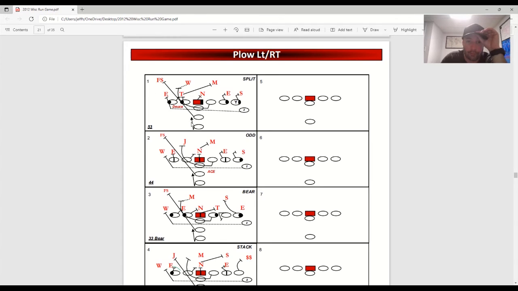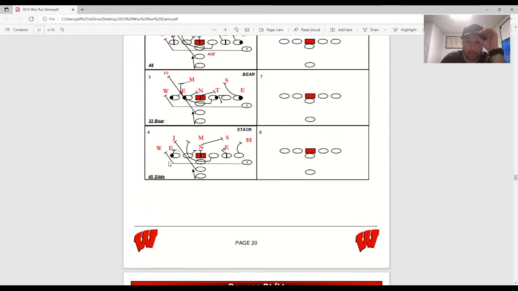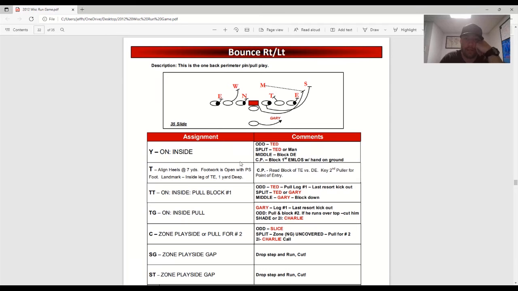So now they have to respect power to both sides. You know which side they're running it to. And that eliminates them really getting that extra box player advantage on you. So numbers-wise, you're good. So I do like motioning them across. And on a youth football level, I think motion is something that's very